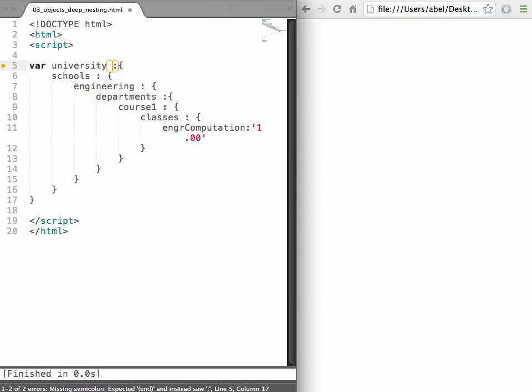And JSHint is giving me a hint here that I put in the wrong assignment operator, and now I've done the correct one. I'm going to go ahead and close this. And now we will simply access that information. And we can go ahead and do it at the console, the console.log. And inside of that, we will start with